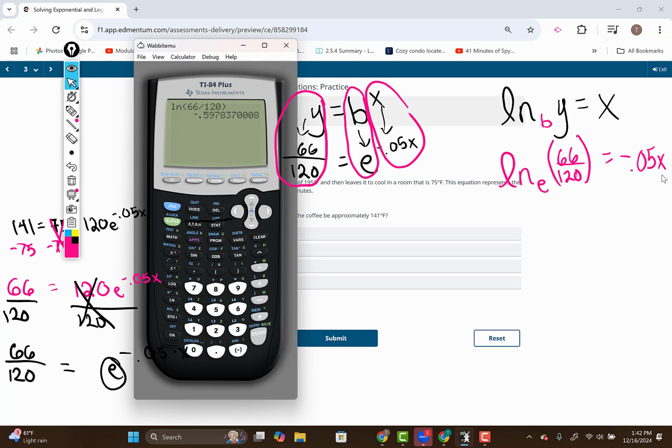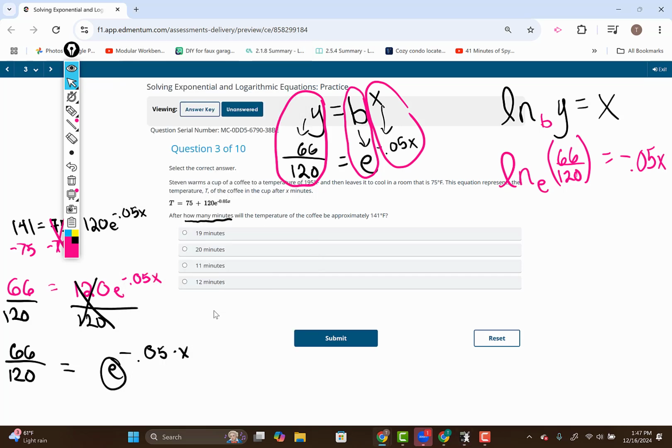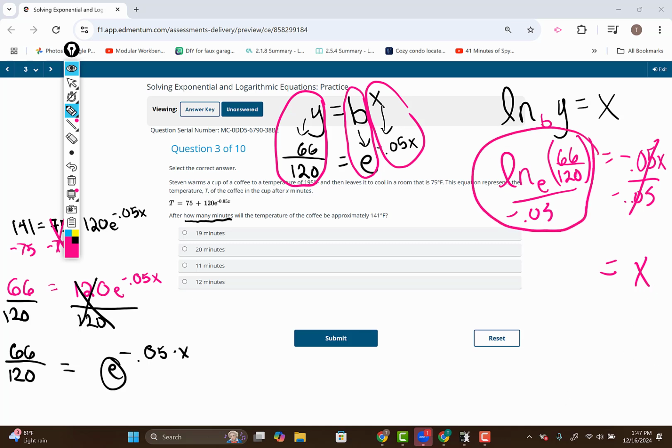Our last step to solve for x is we're going to divide both sides by negative 0.05. All right, then we're going to go and divide that by negative 0.05. We're going to save ourselves a step because that would be the next step, dividing both sides by negative 0.05 here. That negative 0.05 is attached to the x, so we would need to divide both sides by it to completely solve for x. And a lot of times when you're solving these, you can even put this in your calculator all at once, just so that you don't risk